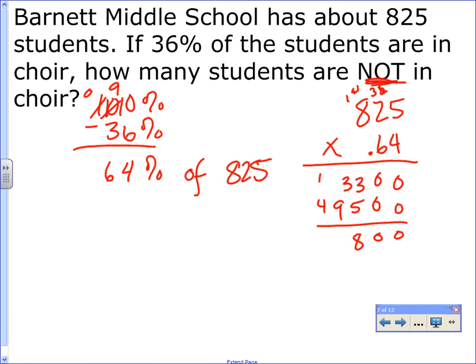8, and then this is 12, and then this is 5. I've got 2 digits after my decimal in the question, so I'll have 2 digits after the decimal in the answer. Again, those are trailing zeros, so my answer is just 528 students